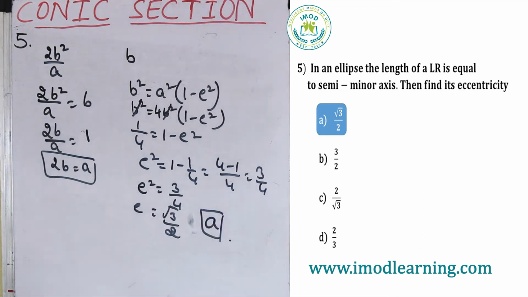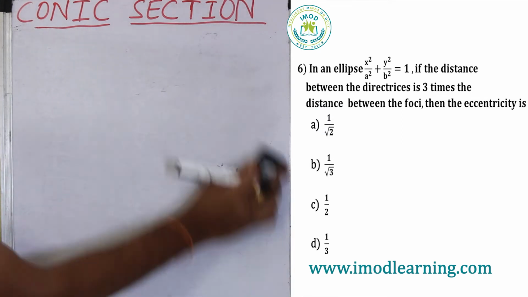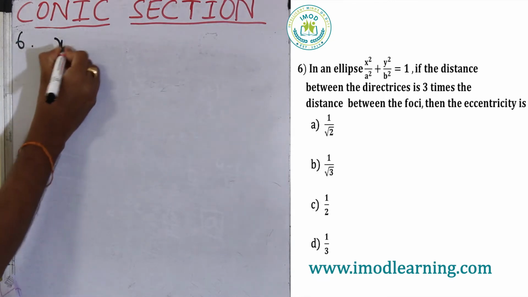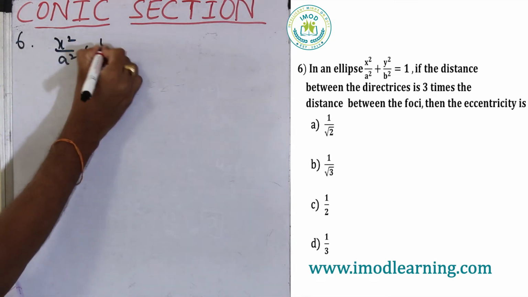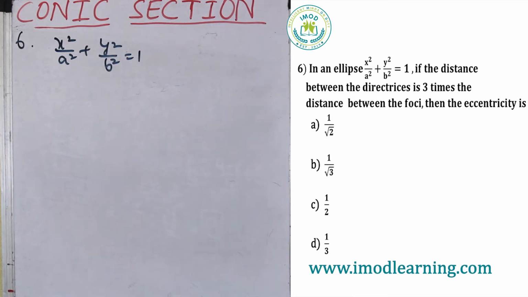This is question number 5. So next, question number 6. In an ellipse x square by a square plus y square by b square is equal to 1, if the distance between the directrices is 3 times the distance between the foci, then the eccentricity is